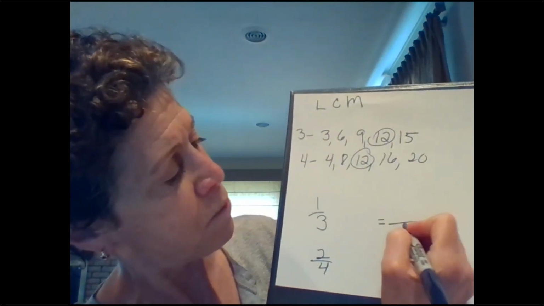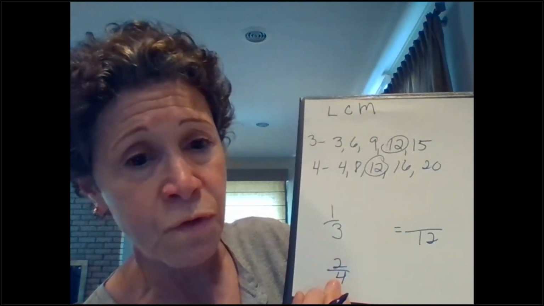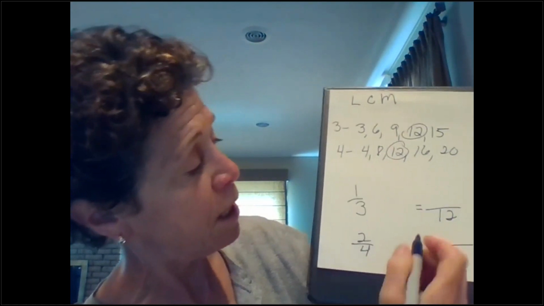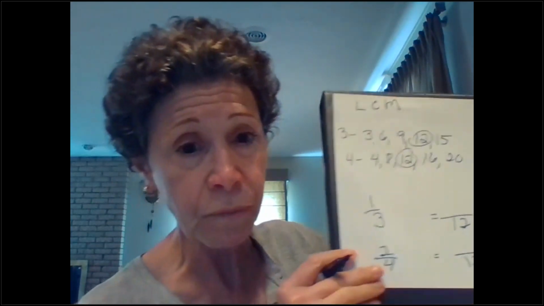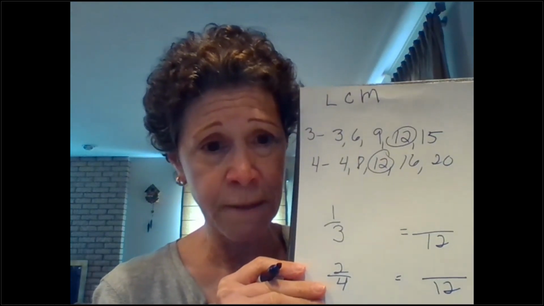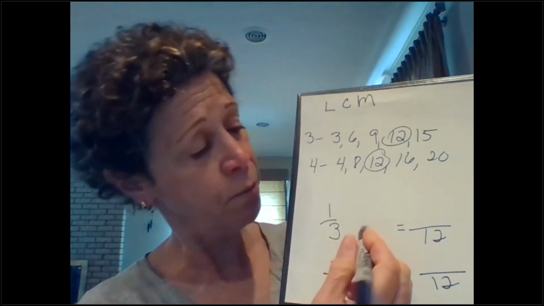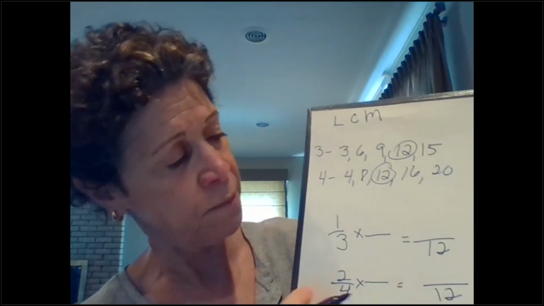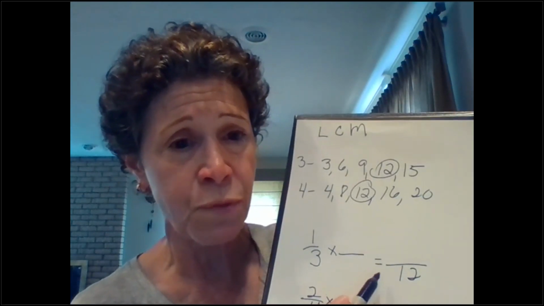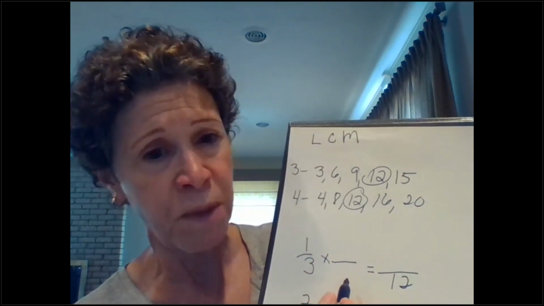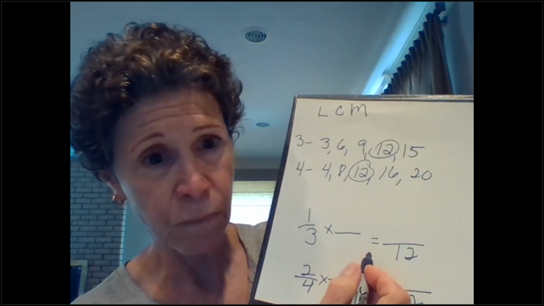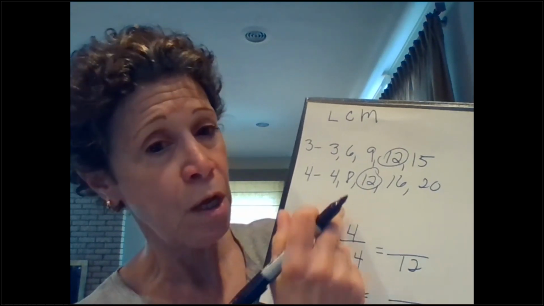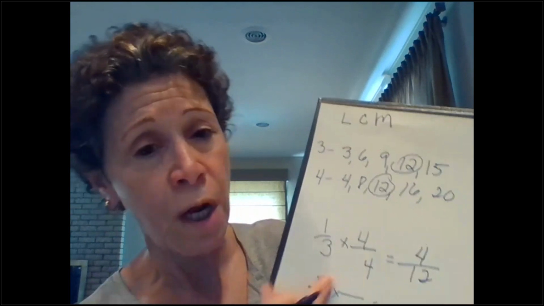So I can turn 1/3 into something over 12, and I can turn 2/4 into something over 12. Do you see it? I can multiply 1/3 times something, and I can do 2/4 times something. To get from 3 to 12, I'm going to multiply by what? 4, right. So my numerator is going to be 4 also. So 1 times 4